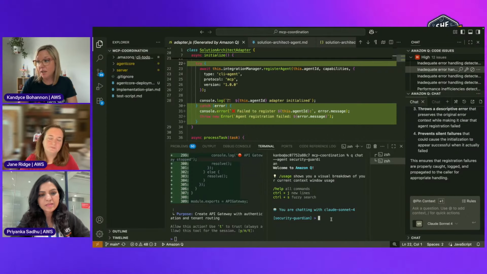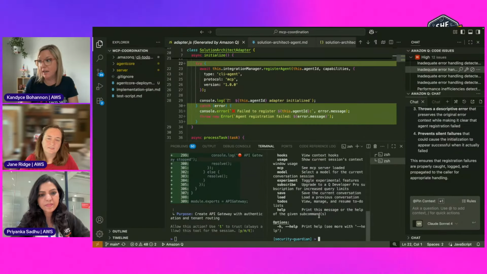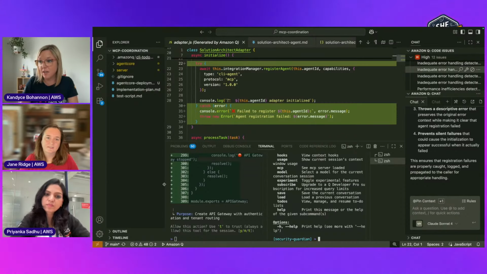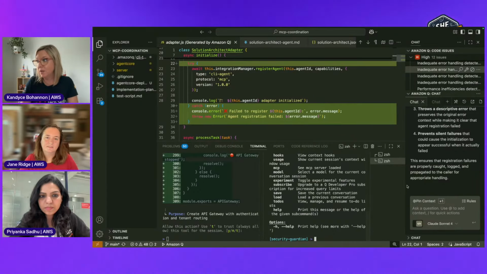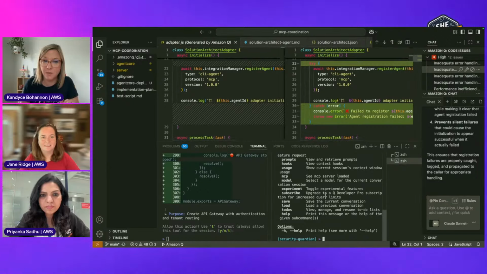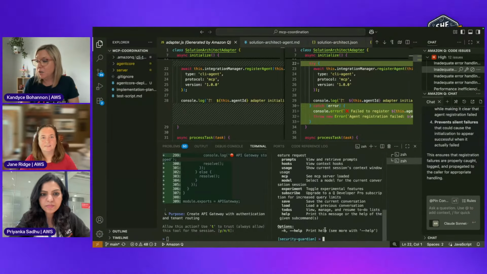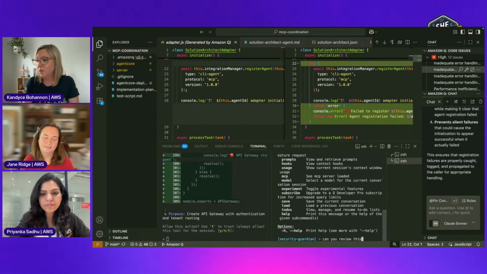Cool. I wanted to show you here that I have these agents. I just loaded up Q Chat with my custom agent. I'm probably going to do a deep dive on this one in a few weeks also. So I opened this up with my agent, my security guardian agent. So can you review this code?